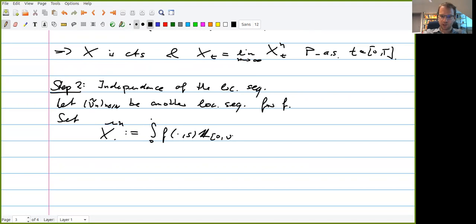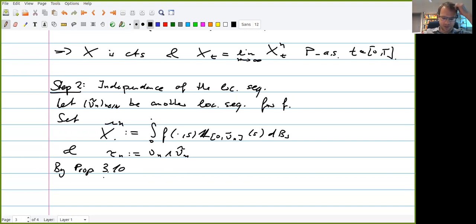Where I localize with respect to nu tilde n. Okay. And well, what I want to consider now is to introduce a new localizing sequence, which is tau n, which is just the minimum of nu n and nu tilde n. And now we know by the proposition 3.10, which was the persistency of identities, that